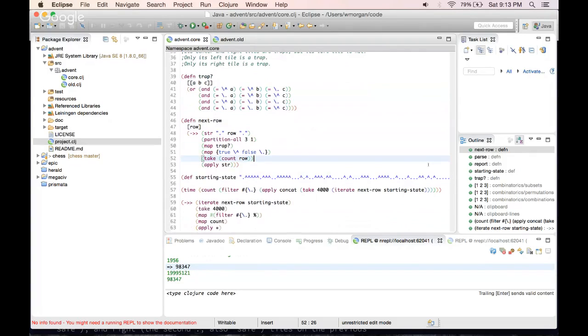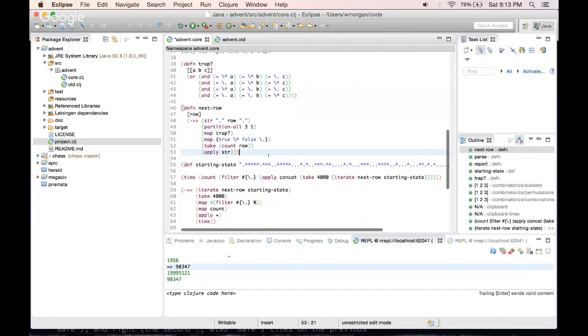And then this I had to throw in because by adding these two dots on either side, we're producing a little bit more output than we actually need, and then reconstitute into a string again. So to talk about the slowness of the program,